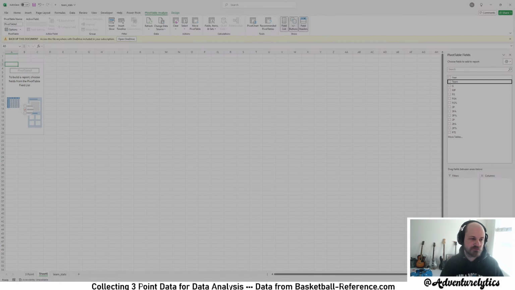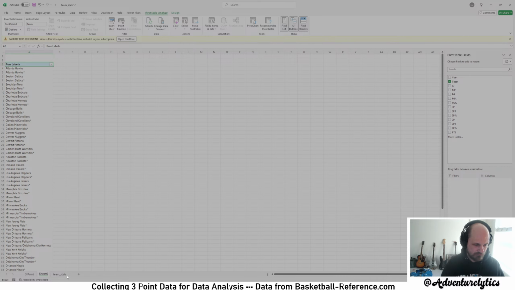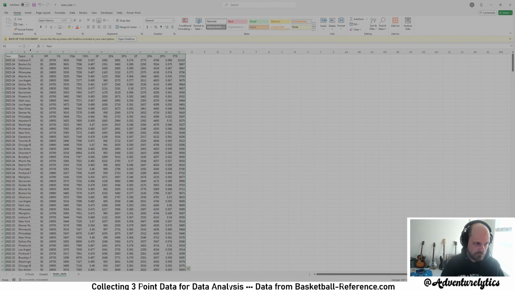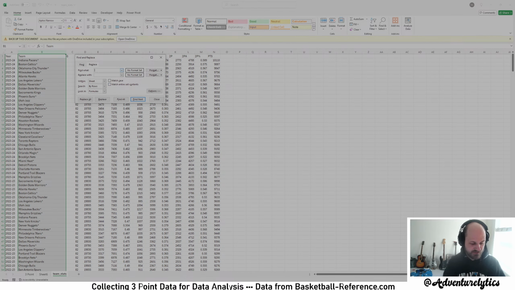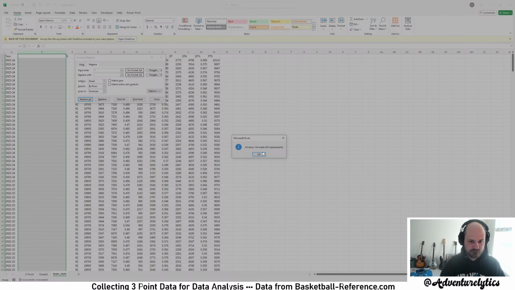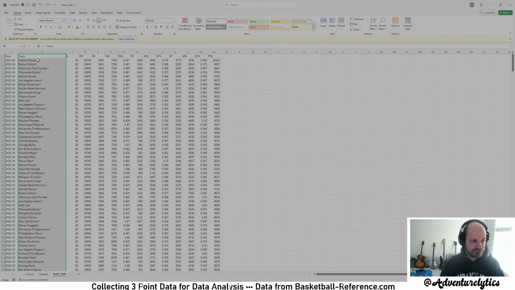And this time instead of sorted by the row. Oh, okay. We want to get rid of those. I didn't see those in there. So we're going to find and replace. We're going to replace that, and we're going to place one. And that did not work like I wanted it to.